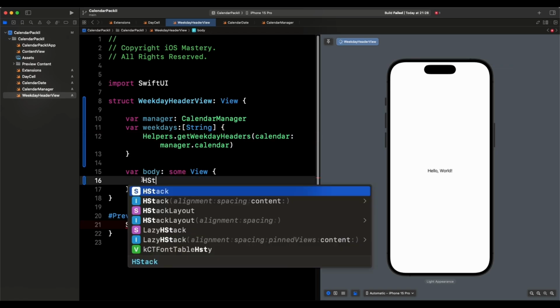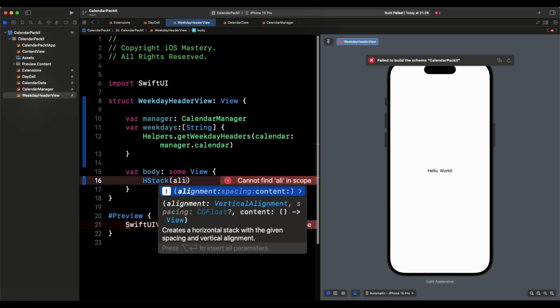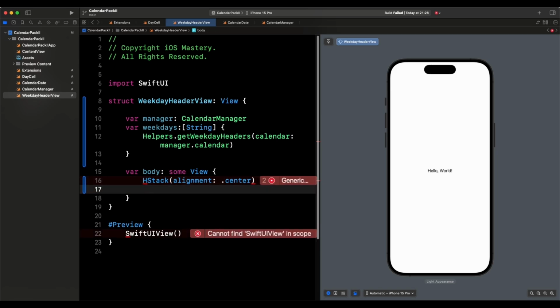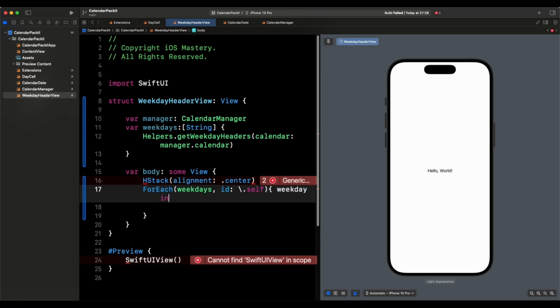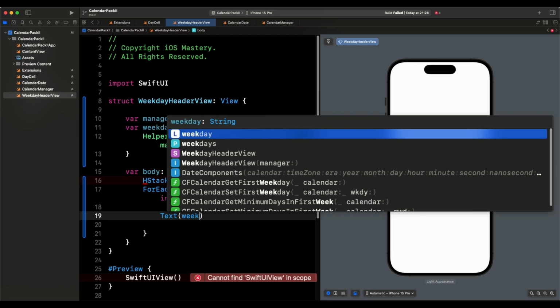So we come in and we say HStack, like so. And for the HStack, the alignment in question is going to be centered like so, and then we're going to say ForEach of the weekday. We're just going to loop through the weekdays like so, and identifying them, we're going to say this is going to be \.self like so. And here we're going to say weekday in, and in our closure we're going to say Text like so, and this is just going to be in particular the weekday,